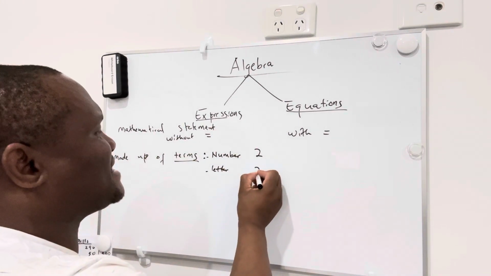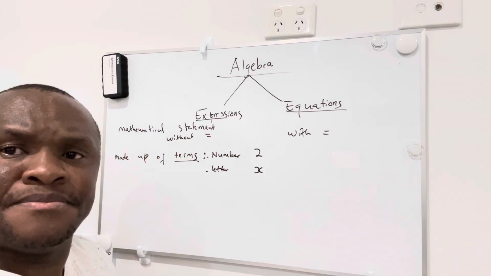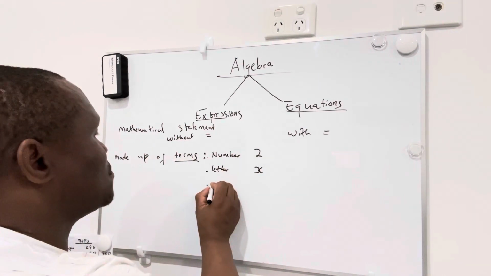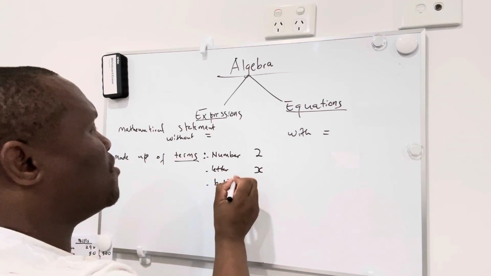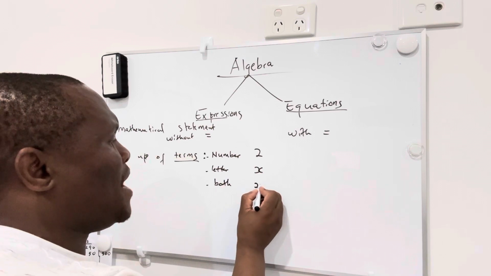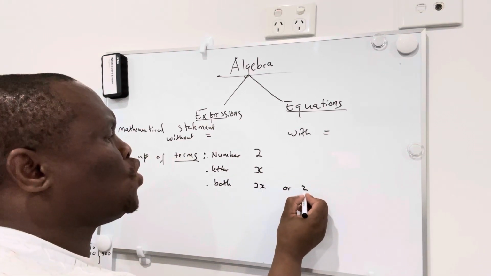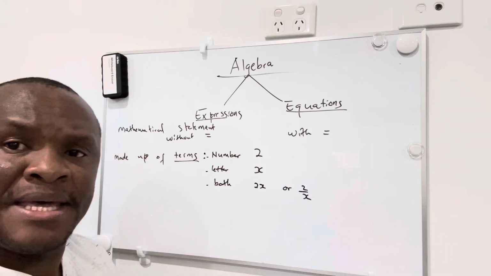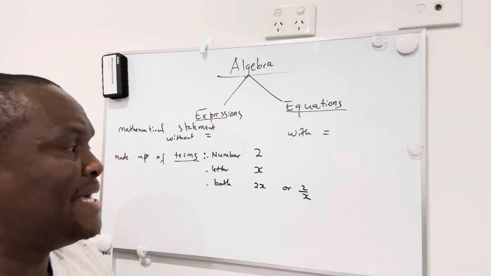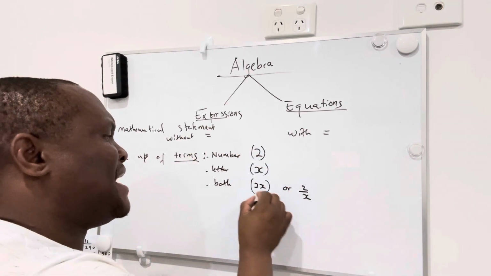So let me put X here. That is a term. Or it can be both, which means it can be 2x or it can be 2 over x. These are our terms. It means this is a term, this is a term, this is a term, and this